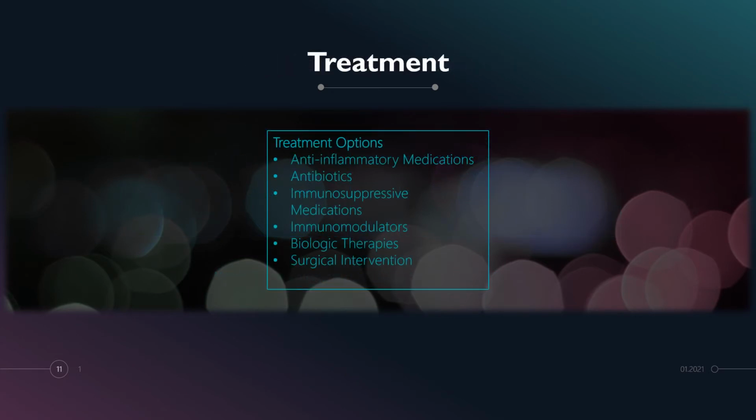While there is no cure for IBD, there are treatments available to individuals who are experiencing a Crohn's flare-up, and these typically include things like anti-inflammatory medications, antibiotics, immunosuppressive medications, immunomodulators, and biologic therapies as well. There are also surgical interventions that can be done, but usually that's the last option, and that's only if the medications do not work. So immunomodulators are ultimately used to inhibit the inflammatory cell proliferation by interrupting the cellular RNA